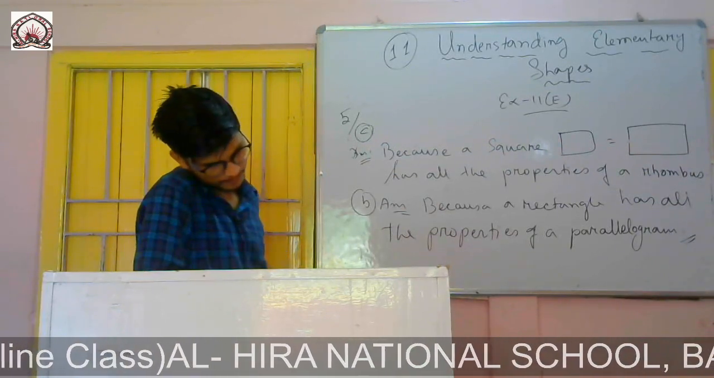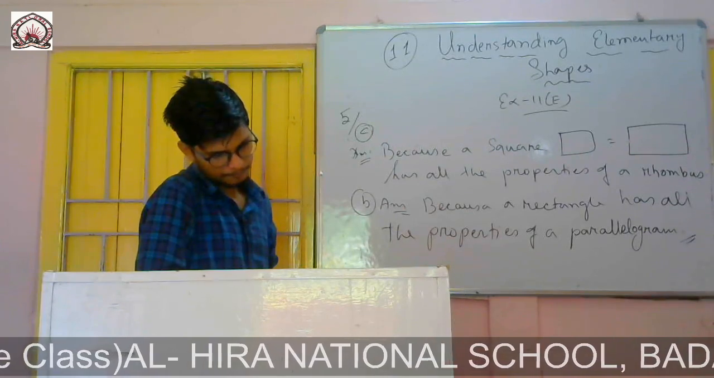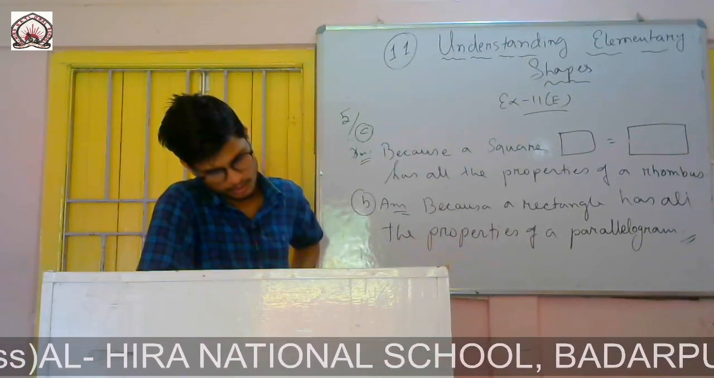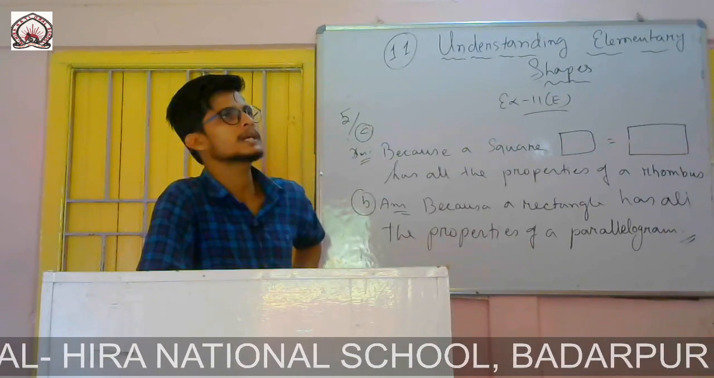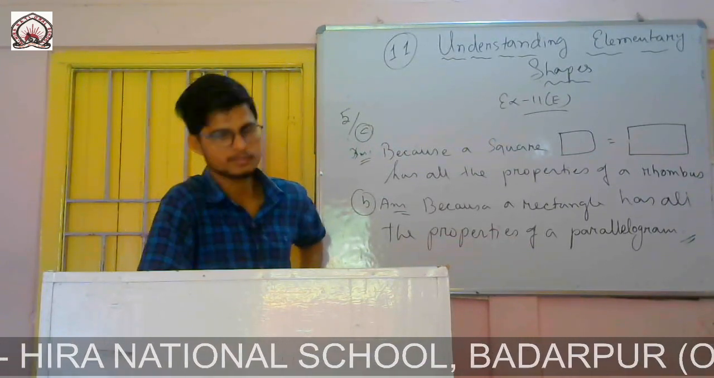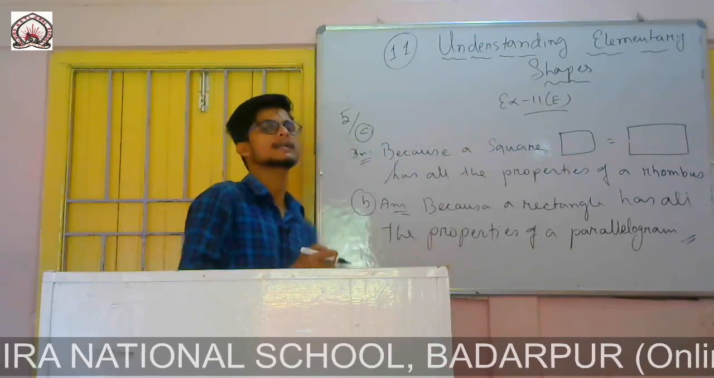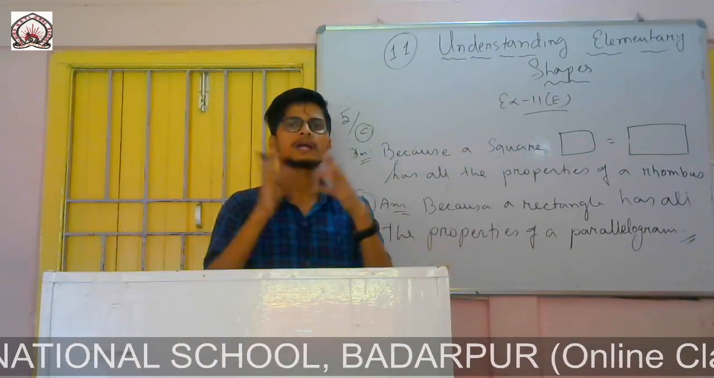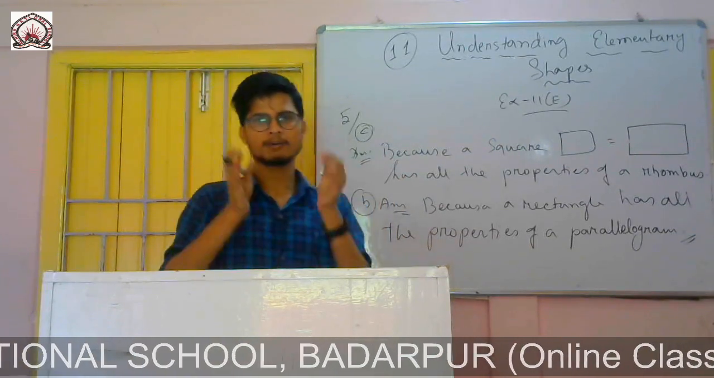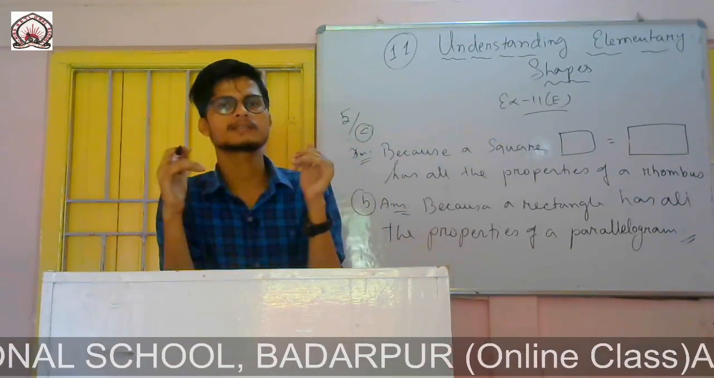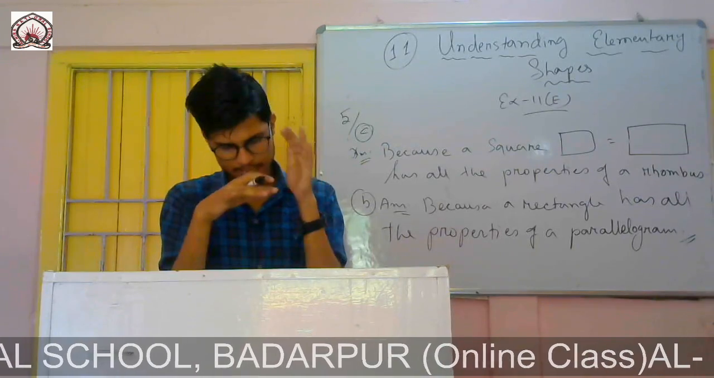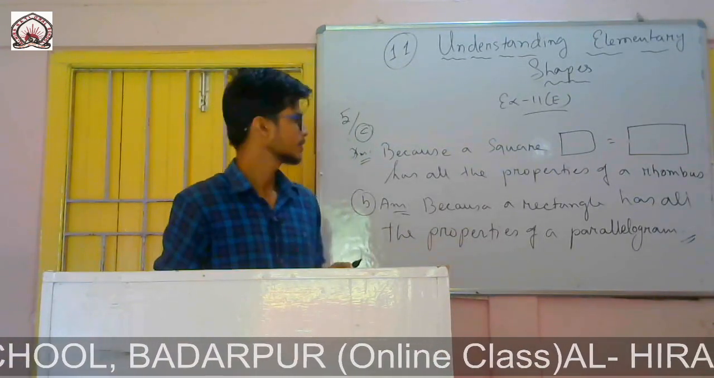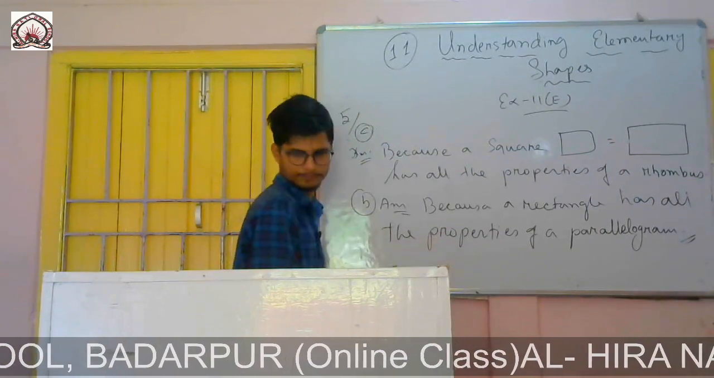Then question number D, squares, rectangles, parallelograms are all quadrilaterals. So quadrilateral means what? The figure should be a closed one and it should have four sides. So yes, a square is a closed figure, it has four sides. In case of rectangle, it has four sides and it is a closed figure. Then in parallelogram also same thing. That means all of them are quadrilaterals. So the reason will be